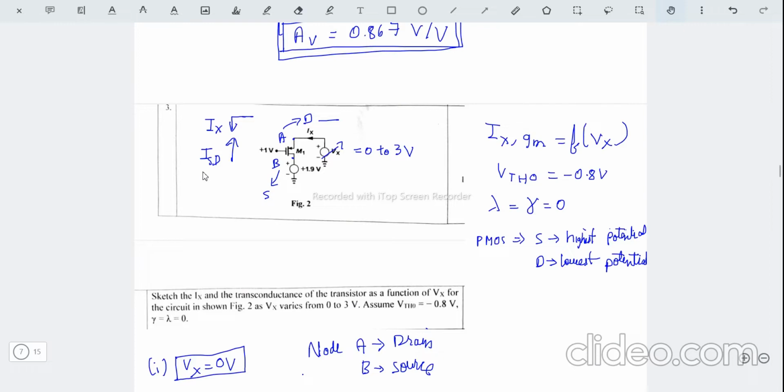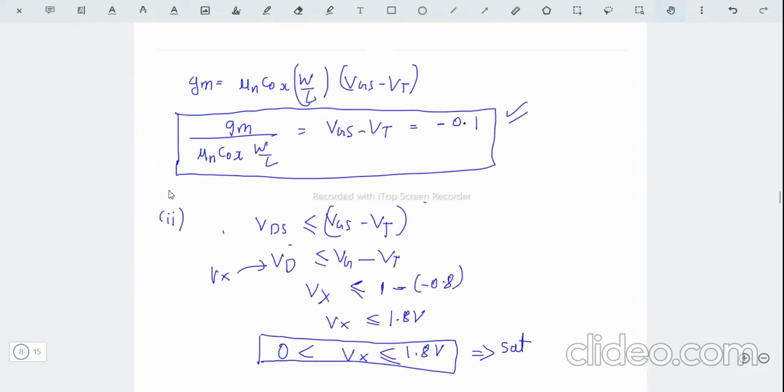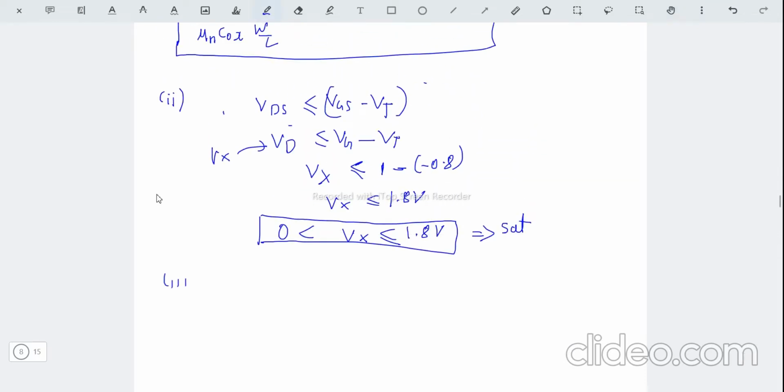So now consider another case where this node voltage B is fixed at 1.9 volts. So what happens exactly when Vx is also 1.9 volts? Consider that case. So considering the case, Vx is equal to 1.9 volts,